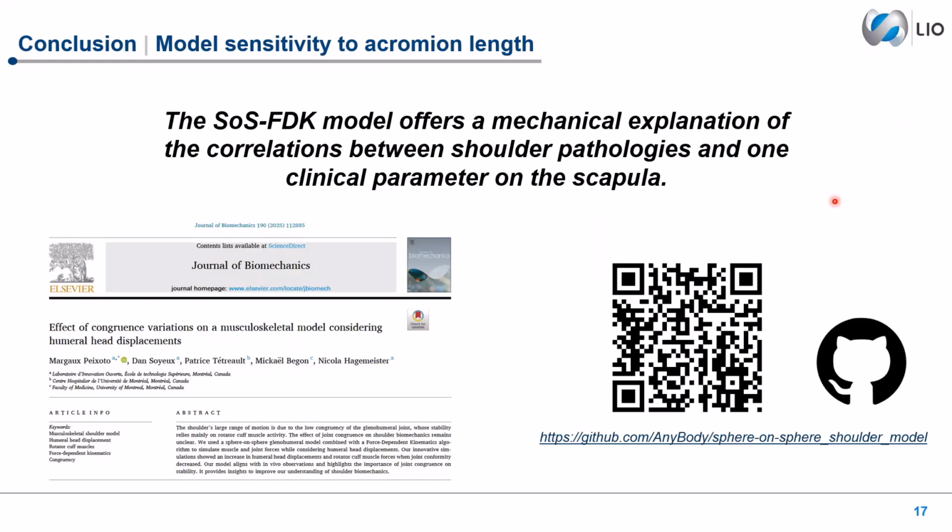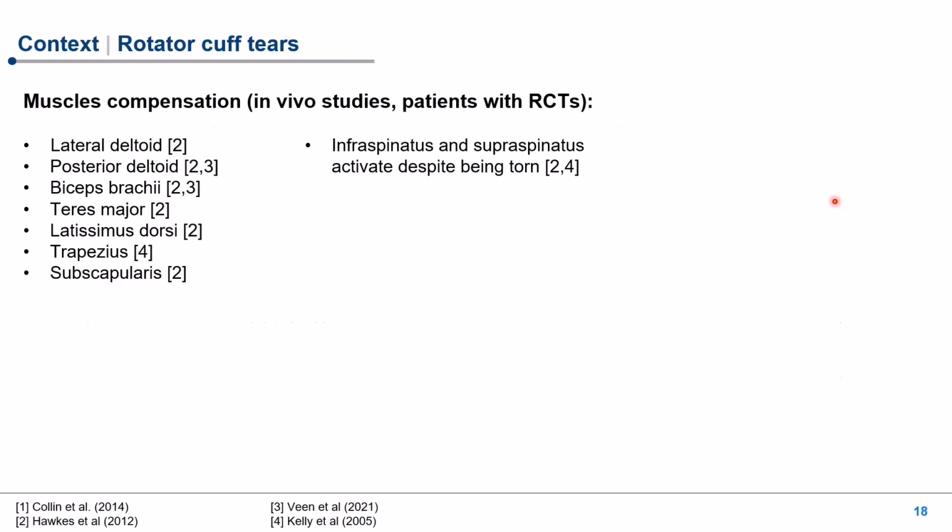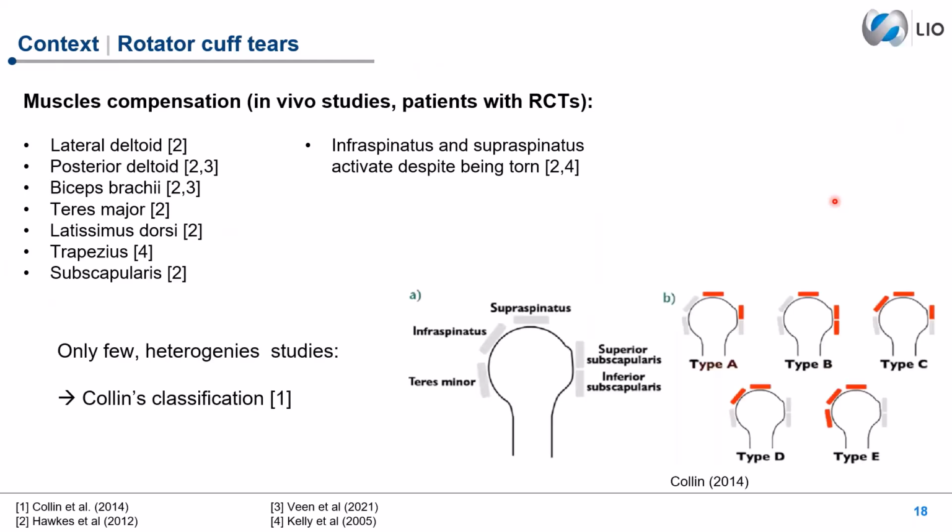So now I will talk briefly about the second study I've conducted. After the morphology, I was really interested in the rotator cuff tear specifically. And what I found in the literature is there is muscle compensation that can happen after a muscle is torn, but there is a lot of